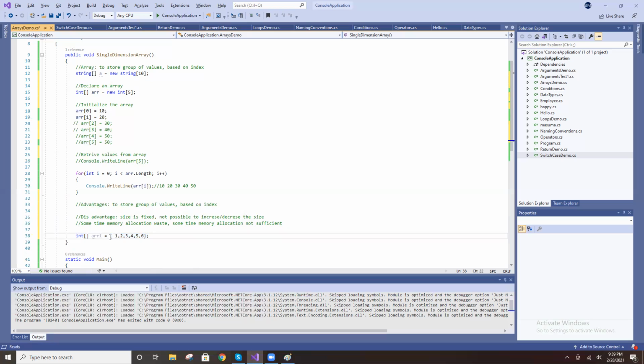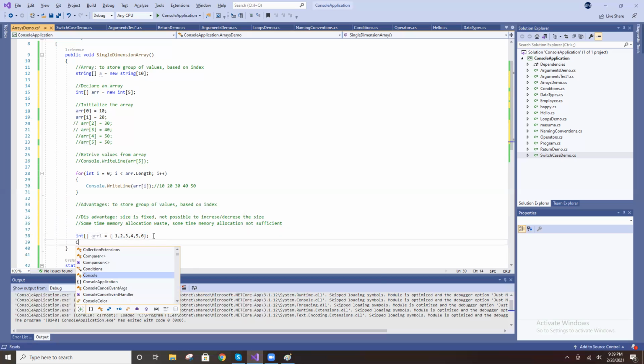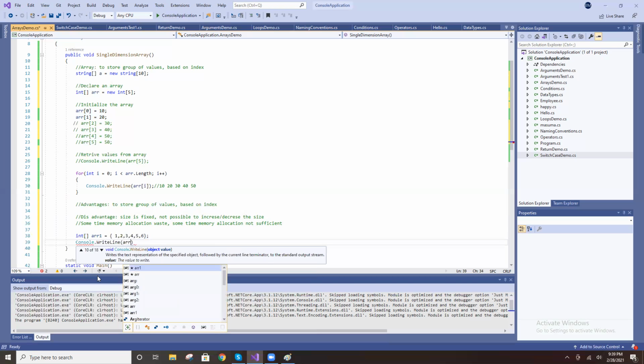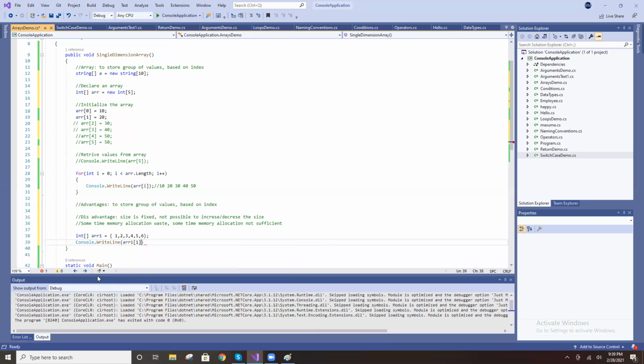Now I put ARR. What is the index of this one? The index is 1, 2, 3, like that. So it means if I print with Console.WriteLine index 0, index 1, what will print now?